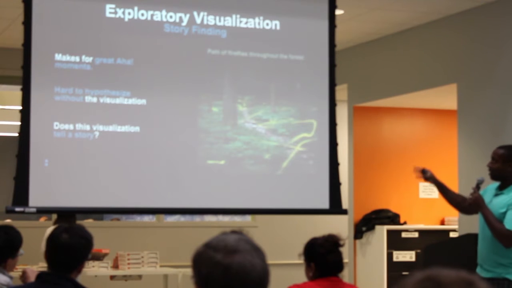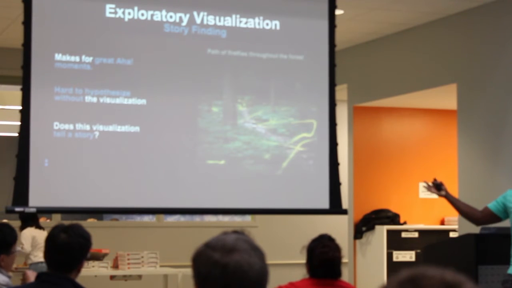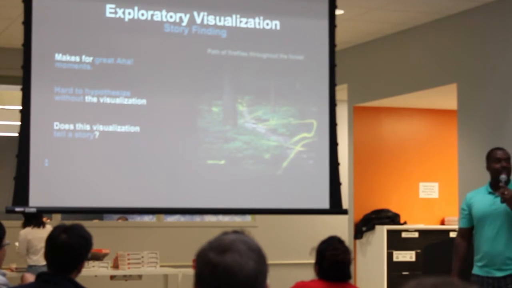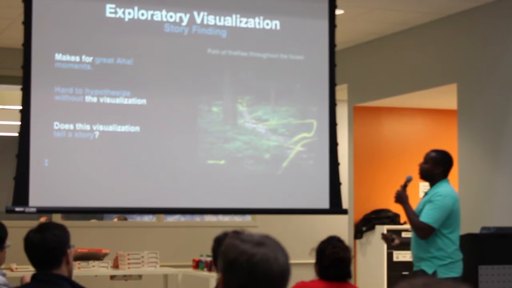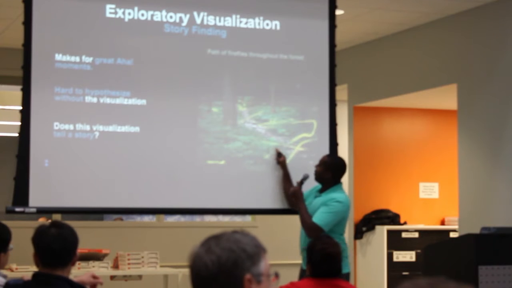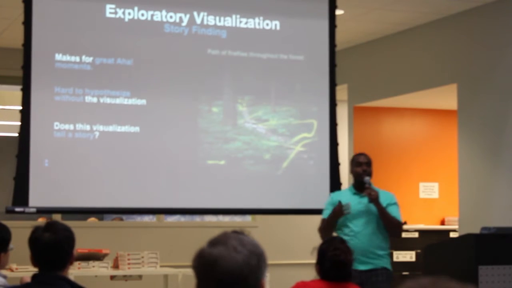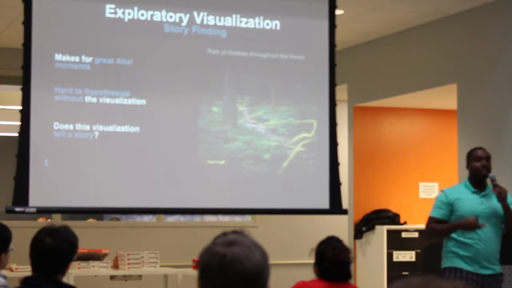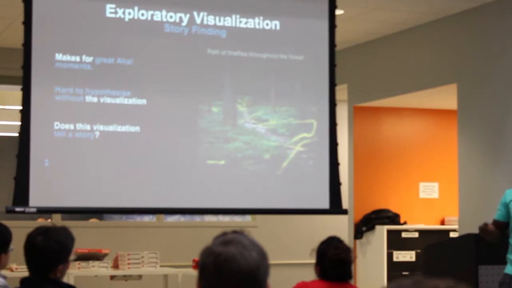But when you look at this, do you know what he's trying to tell you? Not exactly. You can find a few interesting things and say, oh, they actually do swerve around trees, right? They kind of follow this path. But from first looking at the visualization, you don't know that that's what the author of the visualization is trying to tell you.